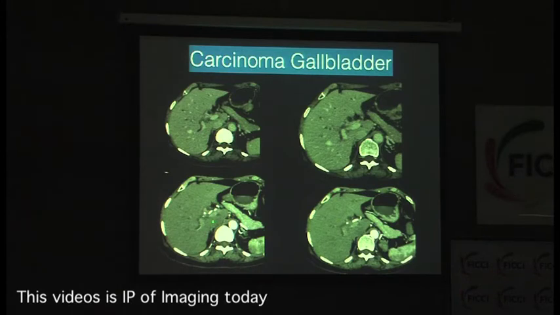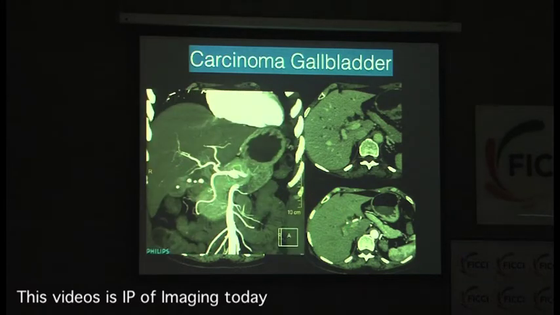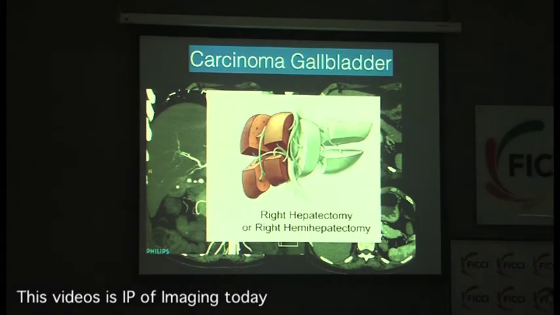What do you do with this patient? Now there is ductal dilatation and there is tissue around the right hepatic artery. Although the tumor is not infiltrating too much of the liver, but if you get tissue around the right hepatic artery, if you look at this, the artery seems free. It is not actually free. That grey stuff, can you see this grey stuff? It's around the artery. So the right artery is not free. So even though there is no significant tumor infiltration into the liver, if the artery is involved, you have to go for a right hepatectomy.